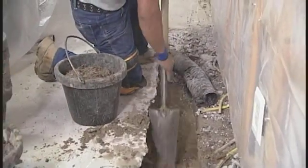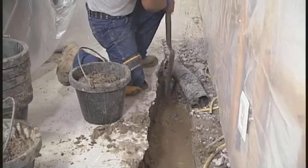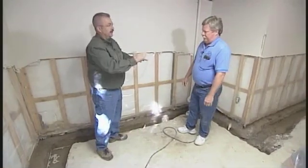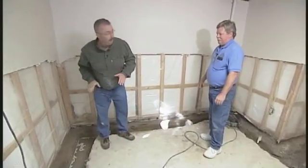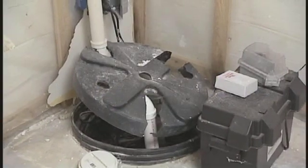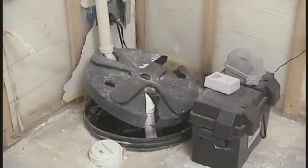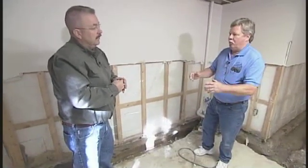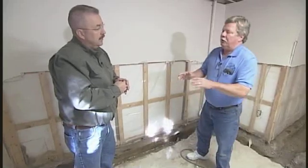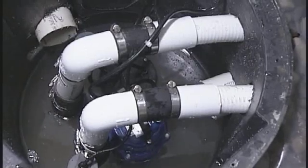tear it all out. Okay, so you said that you're going to be able to move this existing sump crock, get rid of that altogether, and then as I recall, kitty corner from here is where the new sump crock is going. So you said it needs to be sloped, so would this be the high point and then it's going to slope away? That's correct, Stu. We're going to take this pump out of here because this is going to be the family room. Now, a lot of people think that a drain tile system or a sump pump actually sucks water out from underneath your home, and it doesn't. The way a drain tile system works is it is on gravity feed. The water goes downhill, it seeks its own level, and then goes to the pump, and the pump evacuates it